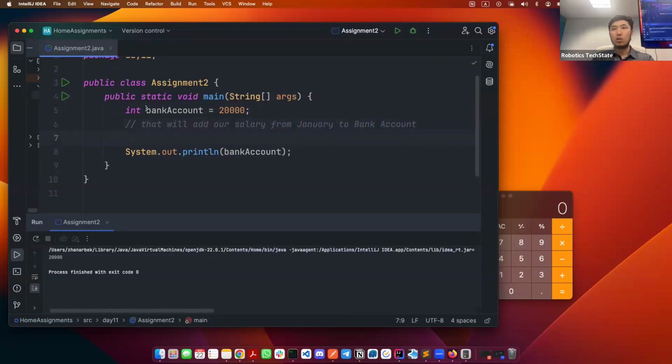How can I add to this variable 5,000? So when I run it, it will print me 25,000 instead of 20,000. Yeah, how can we do it? Int? Int, okay, Tim, go ahead. No, it's the wrong way. Maybe bank account. All right, let's go ahead. Clarify: bank account equals